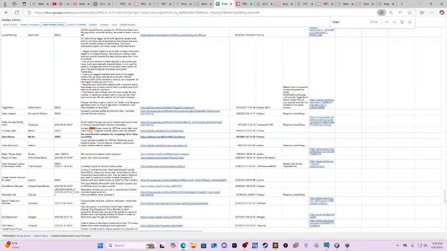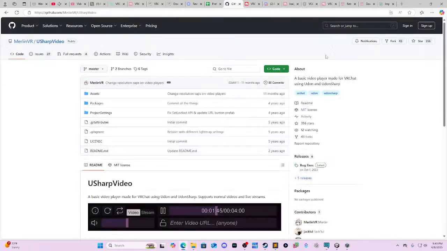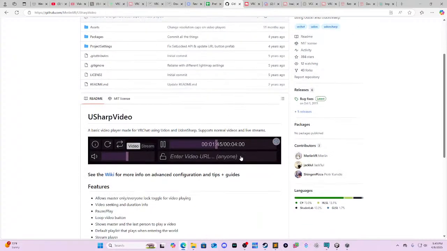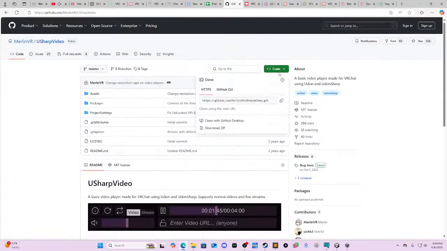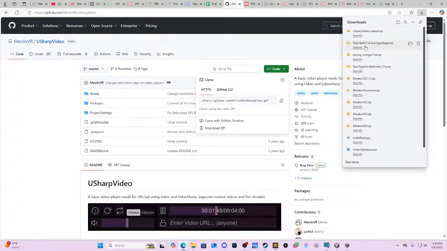This is the most common prefab. It's by Merlin. It's the most common prefab that you're going to grab when it comes to VRChat world development. All you have to do is press code, download zip, and you're going to see USharpVideo-master.zip. You want to open that,